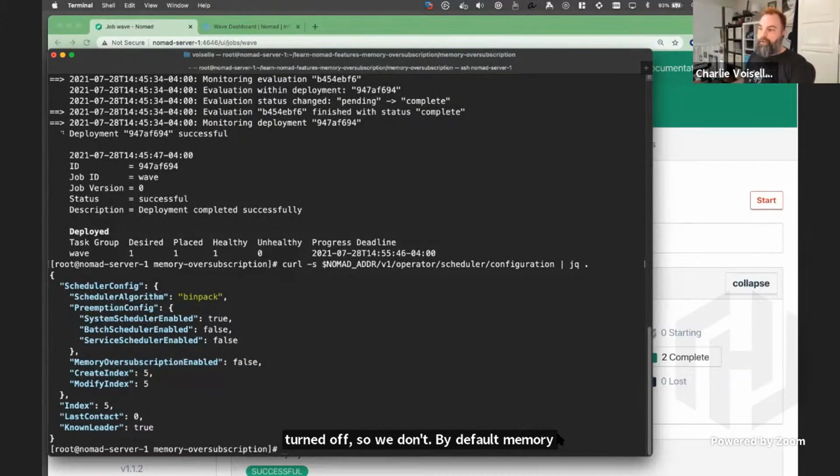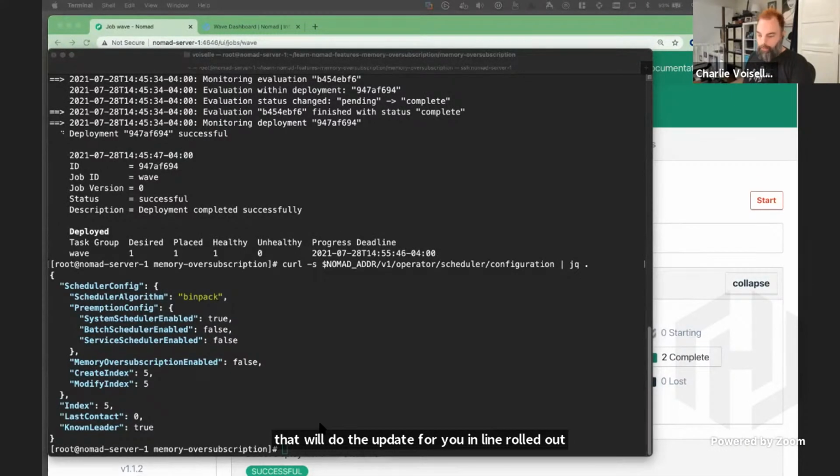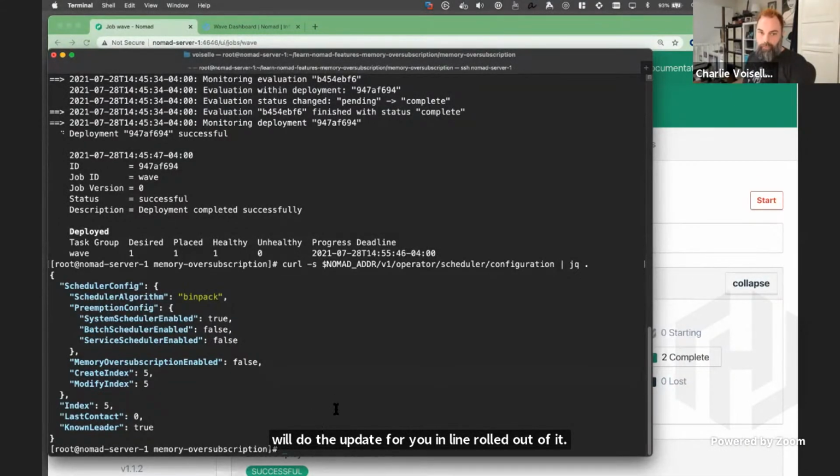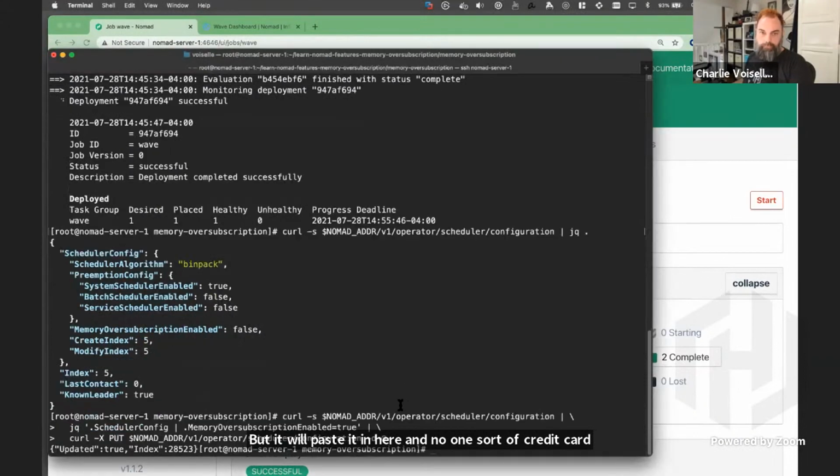In the guide, there's actually a little handy snippet that will do the update for you inline. I should scroll down a bit. But I'll paste it in here and talk through it really quick. Copy. All right.